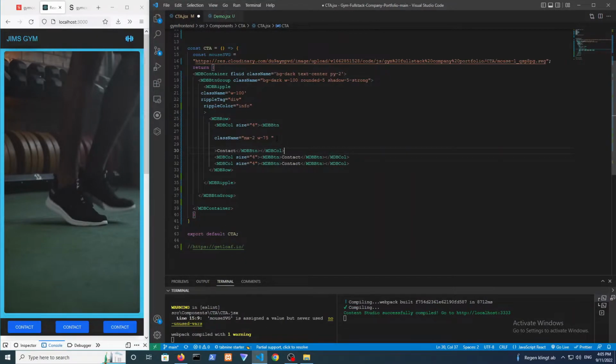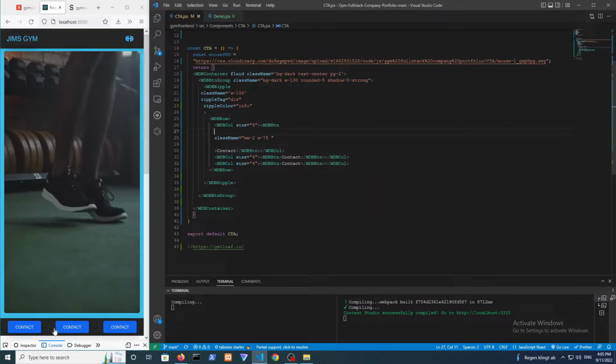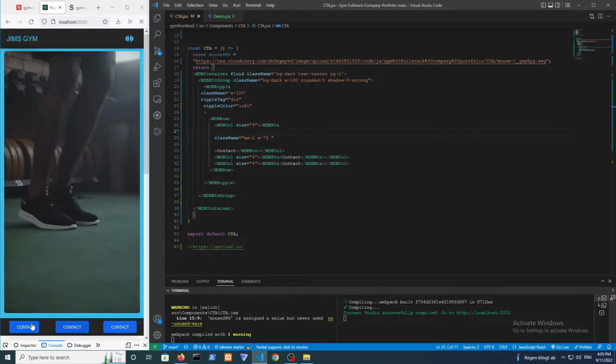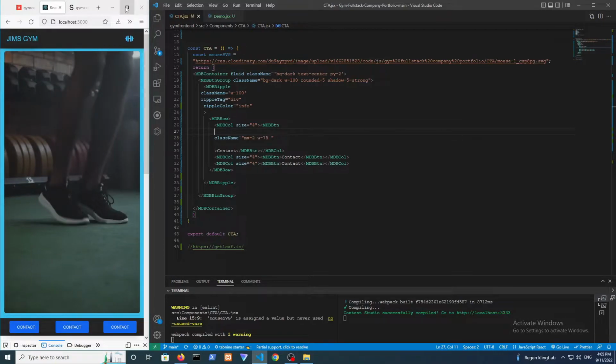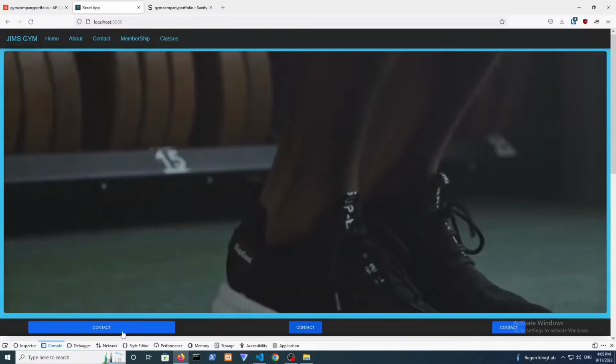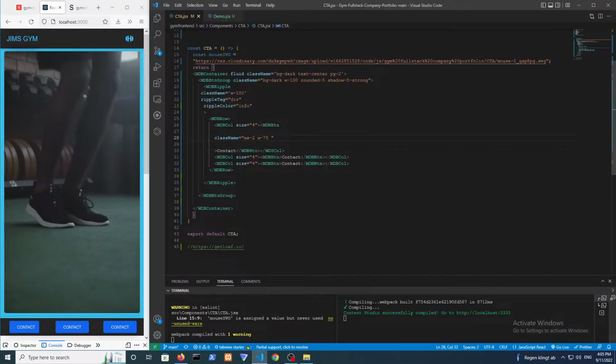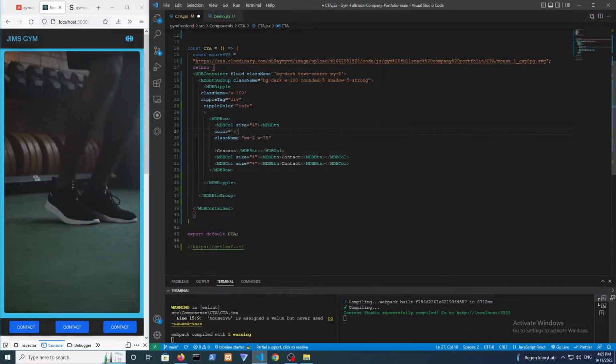Okay, so I just gave it a margin X of 2, so it's gonna drop a little bit, like you can see over here, and a width of 75 because I don't want it to have a full width. You can if you want to, but I want it to be like this. I don't want it to be like small buttons like this. So I'm just gonna give it the width of 75. I'm gonna give it the color of success,